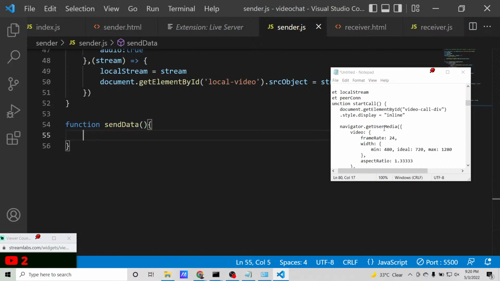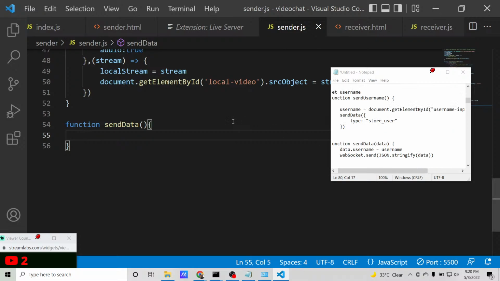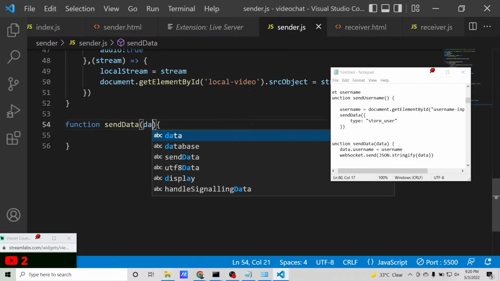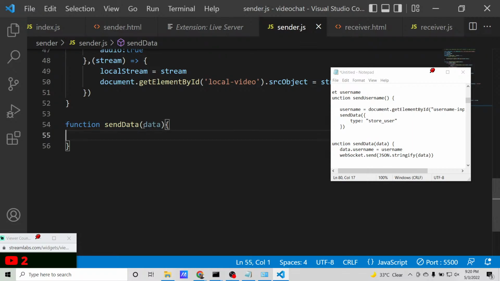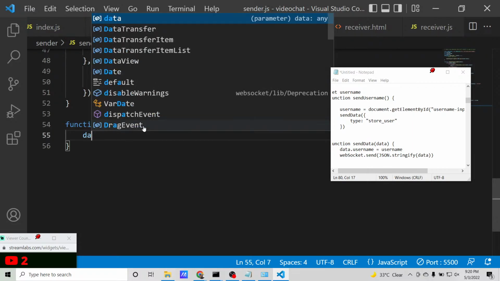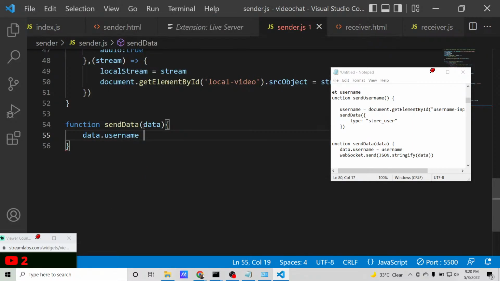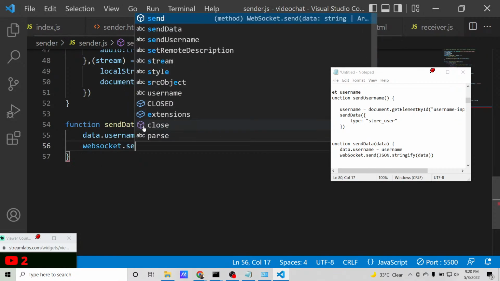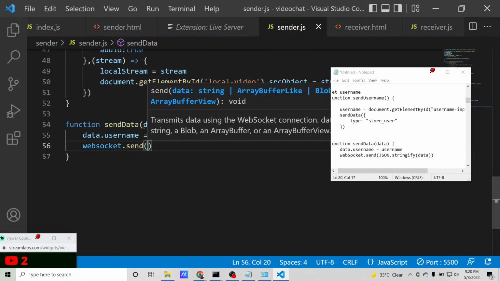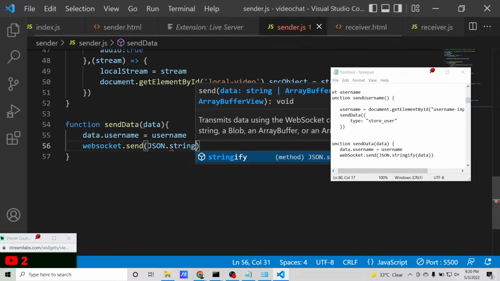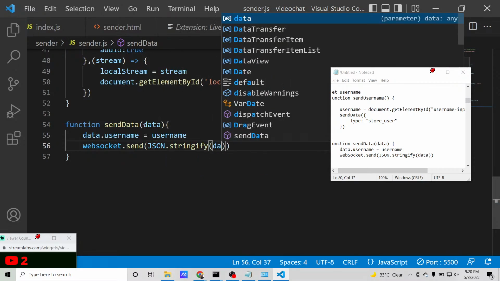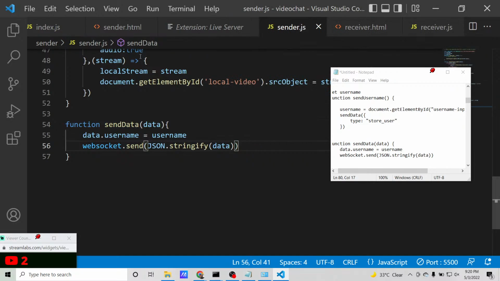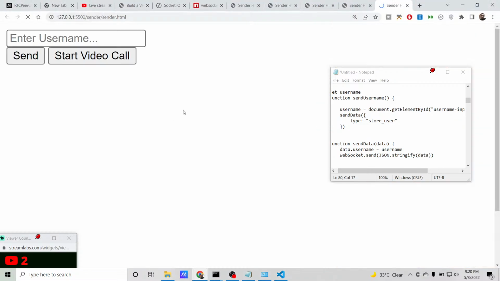So right here, just before this, we will have the actual data. So data.username is equal to username, and WebSocket.send. Here we will be sending the data. We will be converting it to string, JSON.stringify(data). That's it. Now if you make this slight adjustment and hit the run,